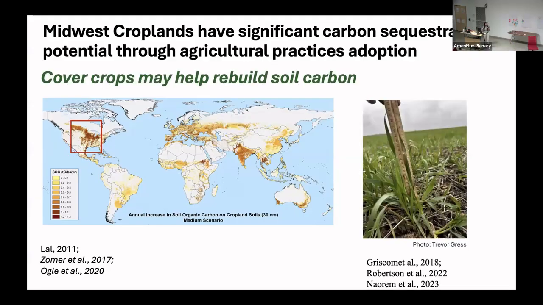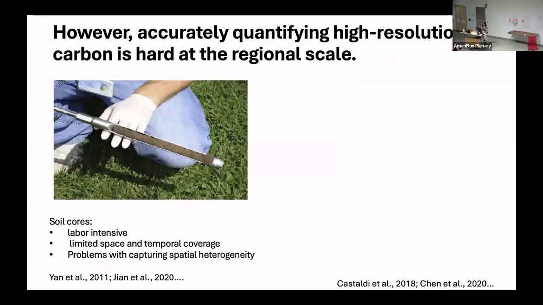So one way to do that is cover crops. Cover crops are vegetation you can implement during the dormant season, which in the Midwest is usually from November to April. They usually grow some high biomass grass, and hopefully that biomass could transfer to soil carbon later on. However,